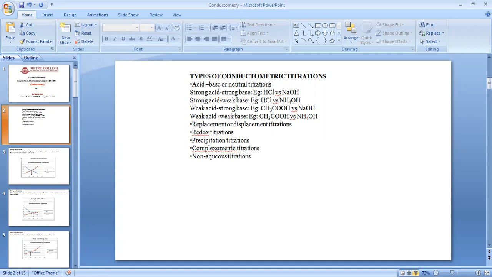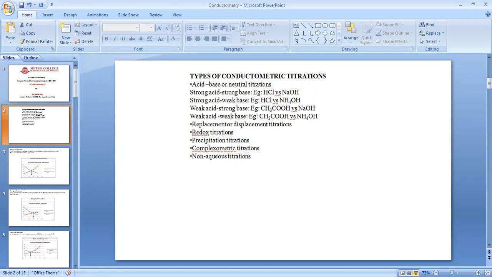We talk about the weak acid and strong base, and there is an initial decrease in the conductance, but after some point it increases due to the presence of sodium hydroxide. As can be represented, the blue line represents the weak acid, the red line represents the strong base,